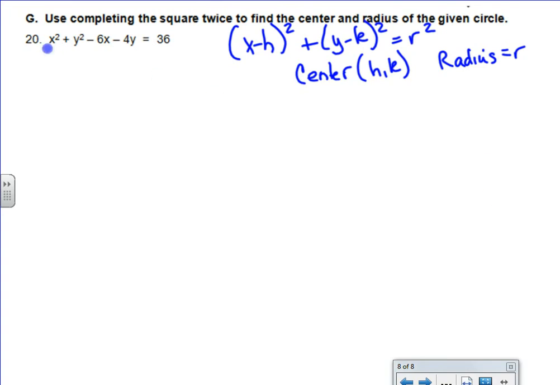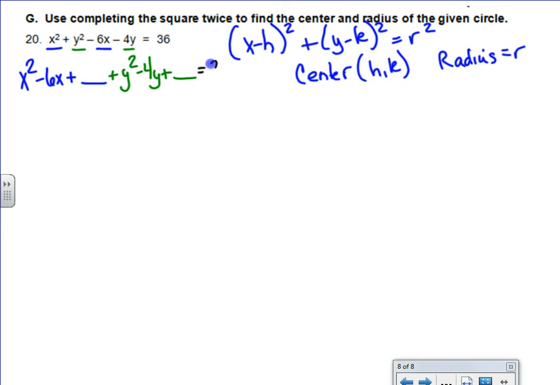So I notice I've got some x terms, and then I also notice I've got some y terms, and I've got some constants. So first thing I want to do is group the x's together, leave blanks, group the y's together, leave blanks, make sure constants are all on the right hand side. So starting with x's, I've got x squared minus 6x. I'm going to leave a blank because I'm going to complete the square in a minute. And then plus y squared minus 4y plus blank